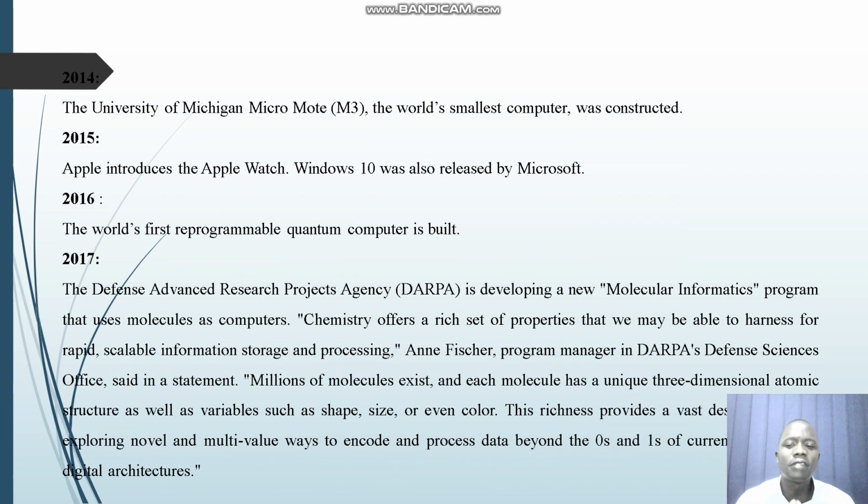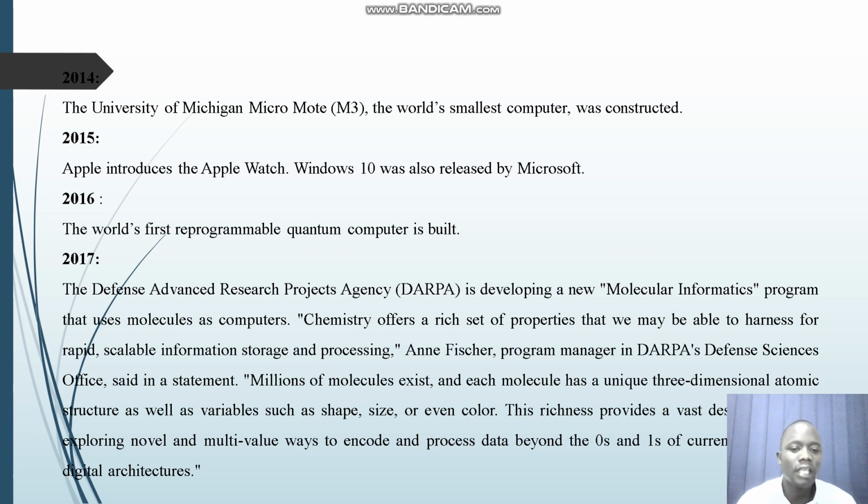The Defense Advanced Research Projects Agency, that is DARPA, is developing a new technology, that is the molecular informatics program that uses molecules as computers. Chemistry offers a rich set of properties that we may be able to harness for rapid scalable information storage and processing. The investigator, Anne Fisher, program manager in DARPA's Defense Sciences Office, said in a statement that millions of